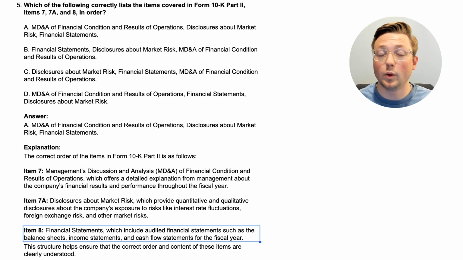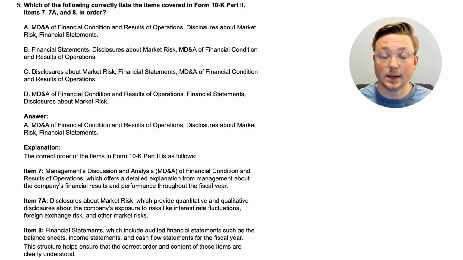So one thing I do want to point out here to remember is that with the 10K, these are audited financial statements. So there does need to be an independent auditor's report for the 10K. But the 10Q is typically unaudited because, again, that's just kind of going throughout the year. There's not auditors that are going to put out a report on every quarter of a company. They're just going to wait and do it on the full 10K. And with that, we've gone over basically what you need to know in these questions.